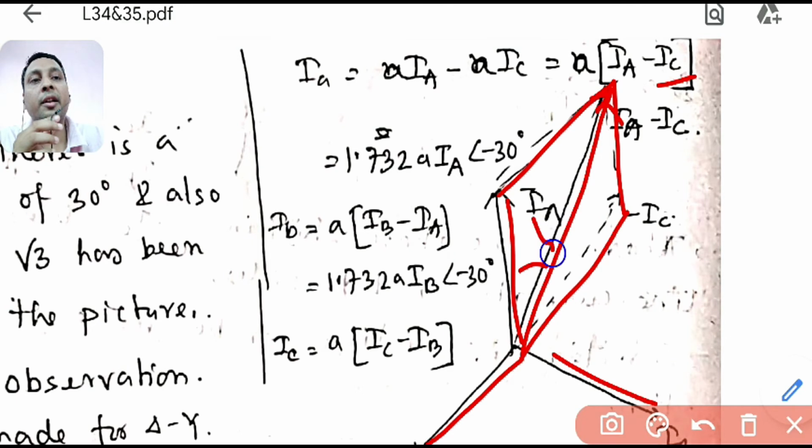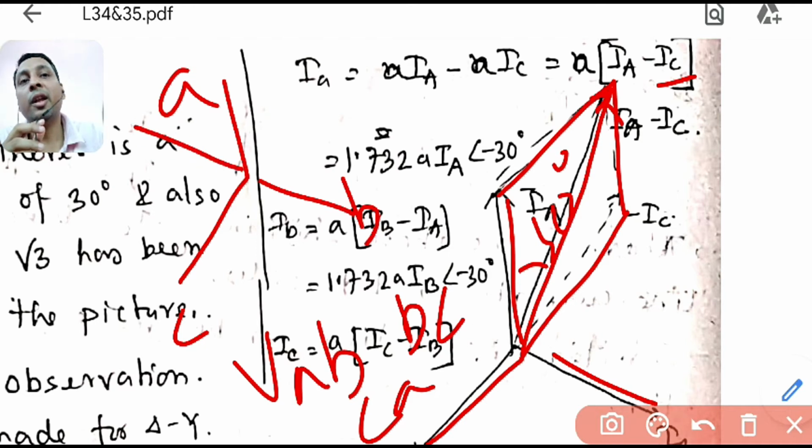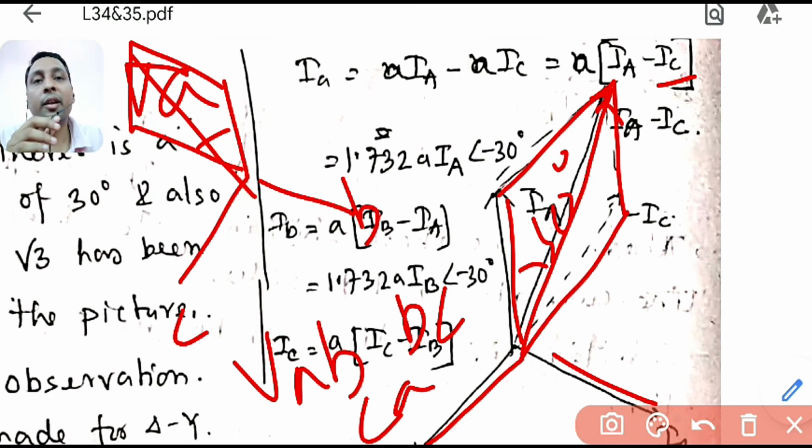So you can see this is 30 degree lagging. And it is multiplied by root 3 times. You know the line voltage or line current magnitude, it is root 3 times, with a 30 degree shift. And regarding the angle, in case of voltage, the standard is that the line voltage will lead the phase voltage by 30 degrees. And here the reverse is the case. In case of current, the standard notation is, again I am saying standard, because for voltage what is the standard? If it is A, B, C, what is the standard? AB voltage. Line voltage means AB, then BC, then CA. So for AB, if you take the summation, this will be this one. So it is leading.